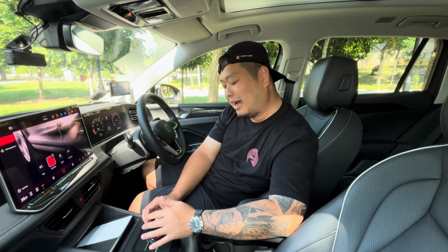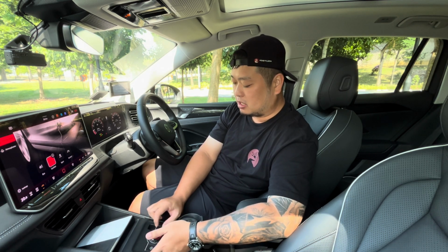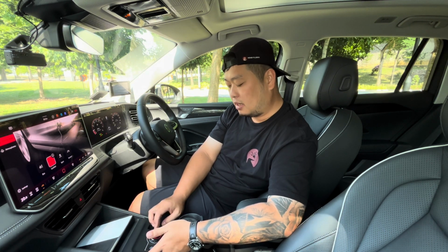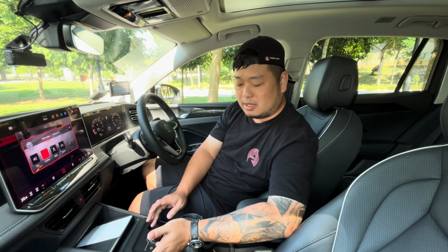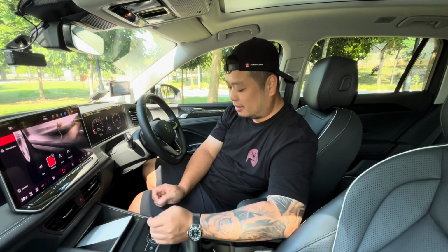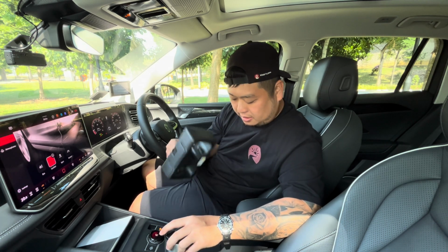I don't really feel like this is necessary. Feels like a bit of a waste of switch gear, if I'm being honest, because it only has 2 functions. It would be cool if they had more functions, but it is pretty cool to look at. There is sort of like an LED screen display in the center of the button, so it does look quite techy, quite high tech, which is not bad. Cup holders here with a removable insert if you prefer